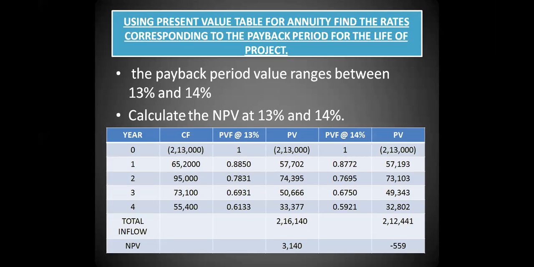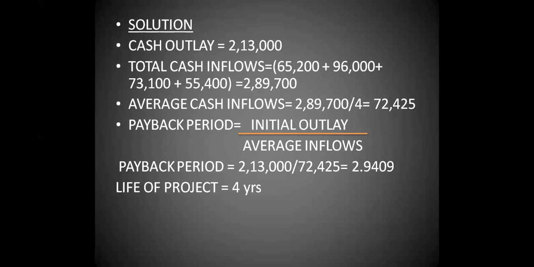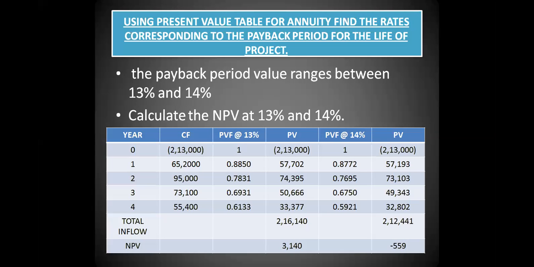Now guys, one more thing I want to tell you is that the PV factors we have used here are not from the annuity table, they are from the non-annuity table because we are calculating NPV for uneven cash flows. They are not the same, okay? But when we are trying to find out the rate of interest, we will take the annuity table because there we are taking an average figure. That is why it becomes uniform, and that is why we were using annuity tables. But when we calculate NPV for uneven cash flows, we will take the normal non-annuity tables. Okay.